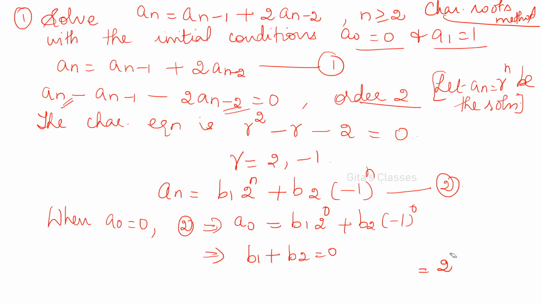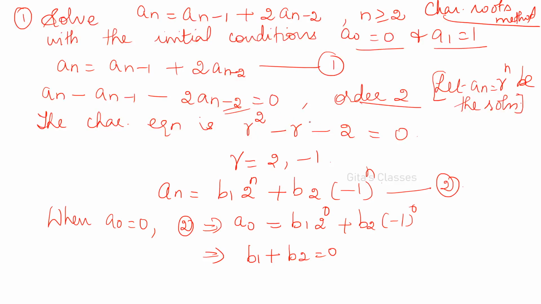Find the recurrence relation's order: the difference between the highest and lowest subscripts. Then after that you have to write the characteristic equation. So let a n is equal to r to the n be the solution, and we have to find this a n. Here, because it is order 2, you have to start from r squared. Then whatever coefficients are here, you write them accordingly, according to the given question. So r squared minus r minus 2 into r to the 0.